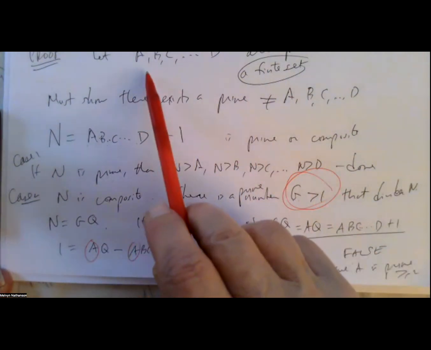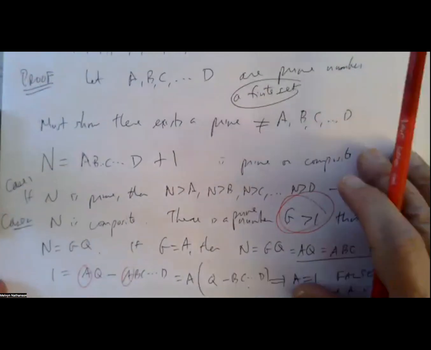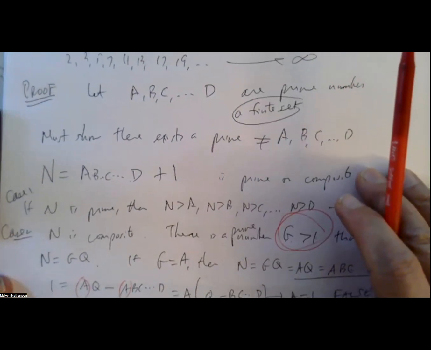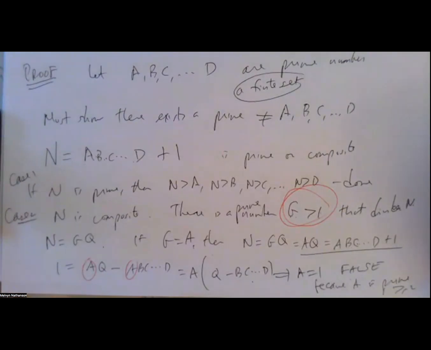What I just proved is, given any finite set of prime numbers, there's an additional prime not in that set. So the number of prime numbers has to be infinite. And that